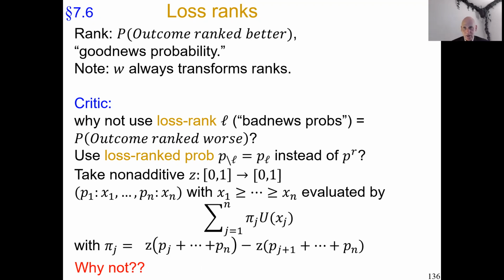The critic may even argue that this is more natural because people are more concerned about bad outcomes than good outcomes. So this may be capturing more of what goes on in the minds of human beings than what rank-dependent utility did as we have been discussing it so far. So there's the question, what would be a better theory, what our critic says or what we have been doing? You can think about it, make up your mind, and pause the video and then come back. But maybe I should say people have been confused about it for a long time, so you shouldn't feel too guilty if you don't really know what to think about it. But you can make up your mind already, and then after that come back.